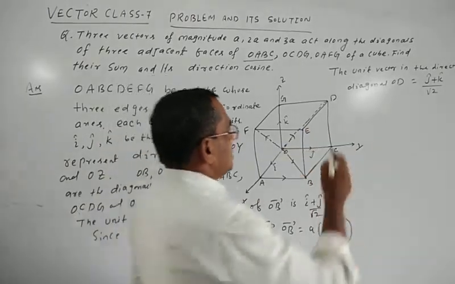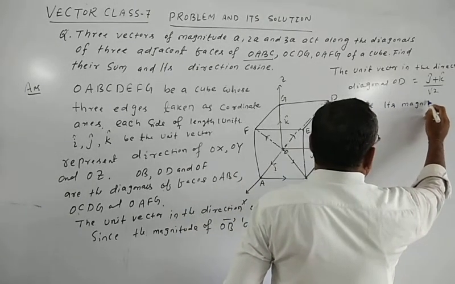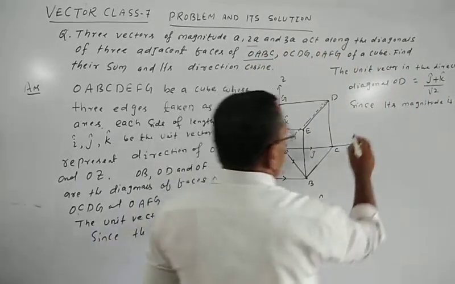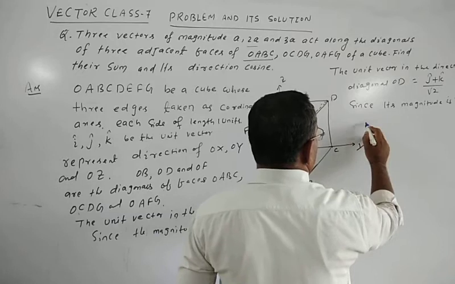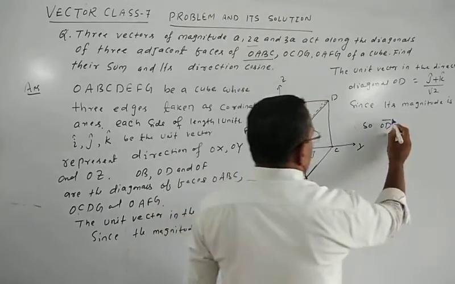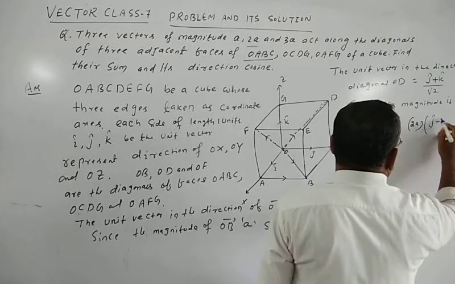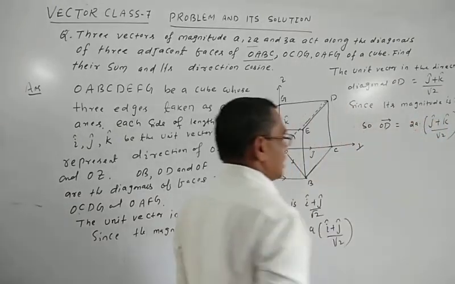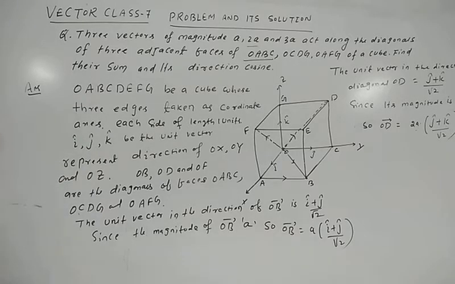Since its magnitude is 2a, OD vector is equal to 2a into (j cap plus k cap) by root 2. Okay, do you understand? Next,